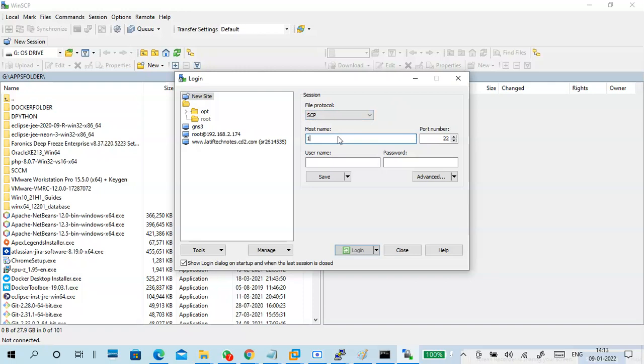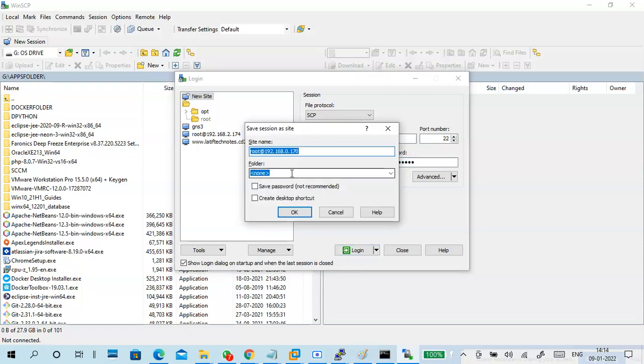So what is my remote PC? 170, for example. Username is like admin, but I'm using root, no problem. Give the password of root. If you want to save it, just click save. I want to save it under root. Any name you can put.